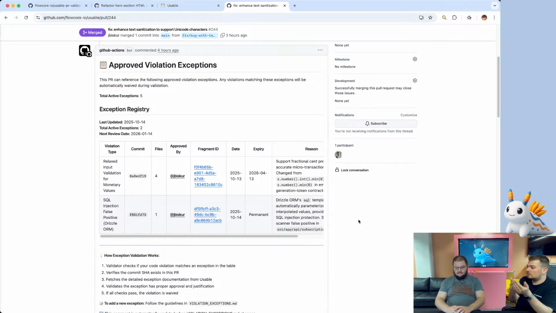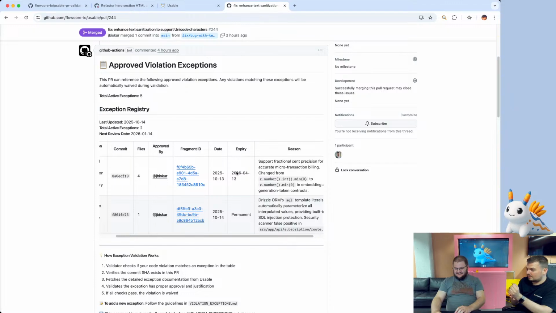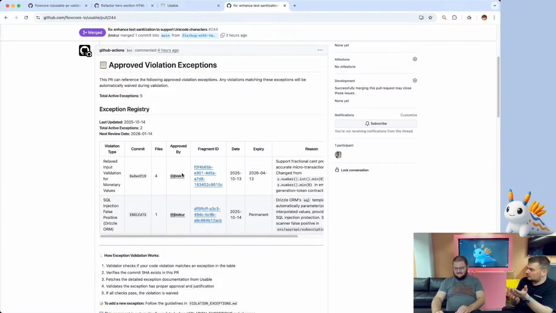So you can tell the LLM this is an exception to this rule, but in the prompt there's a clear rule that says if you need an exception, you have to notate it. You have to create a fragment explaining why it's okay to do this. You have to explain who does it, who approved it, what commit it's tied to, and there's an expiry that needs to be re-evaluated to see if it's still the case. So this one right here. If you click on the fragment, it will say this is actually the violation, or these are allowed